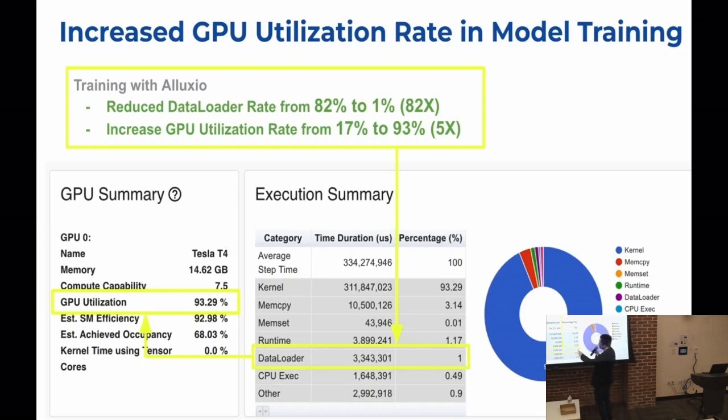By using Alluxio, you can use any cache. I'm not selling Alluxio. You can use any cache, but the same thing, which means load data from the cache, and the time spent in data loading is just 1%, which means we do nothing. We do nothing, just improve the efficiency of I/O, which can increase the efficiency of your GPU utilization by 5 times.